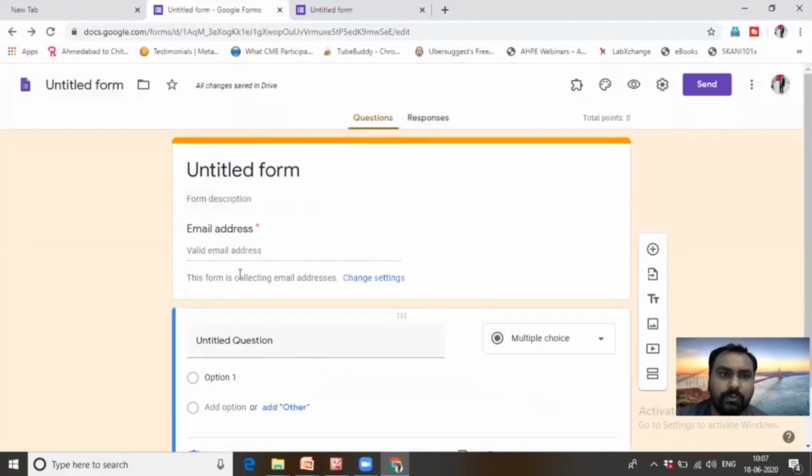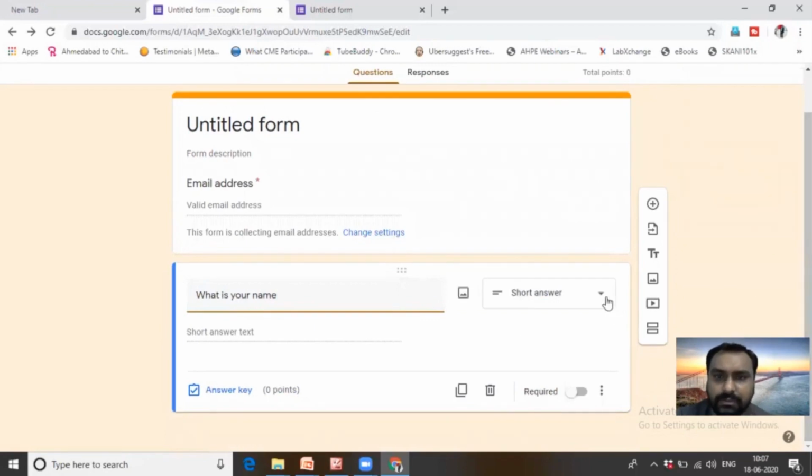Now I will show you how to make the questions. Here for the quiz, you have to write something like what is your name, and it will automatically show the short answer type, and there should be no points for the name. That is the basic information we want to collect when making the Google form. You can make it compulsory or not. Here you can delete the question, and you can copy the question also. There are other options like description and response validation.